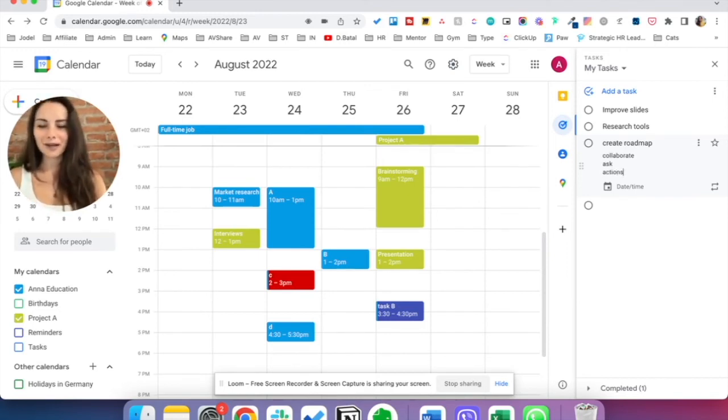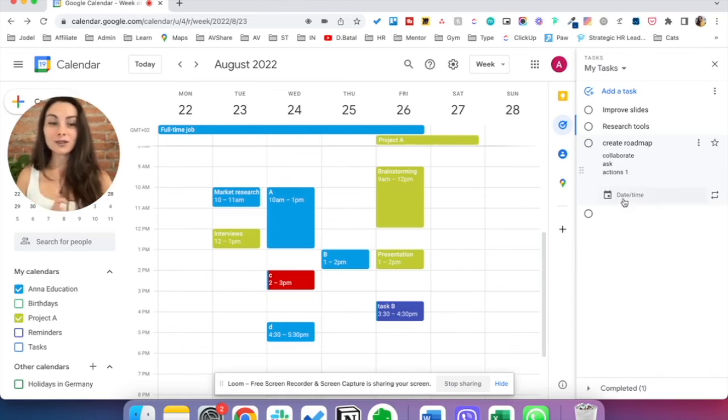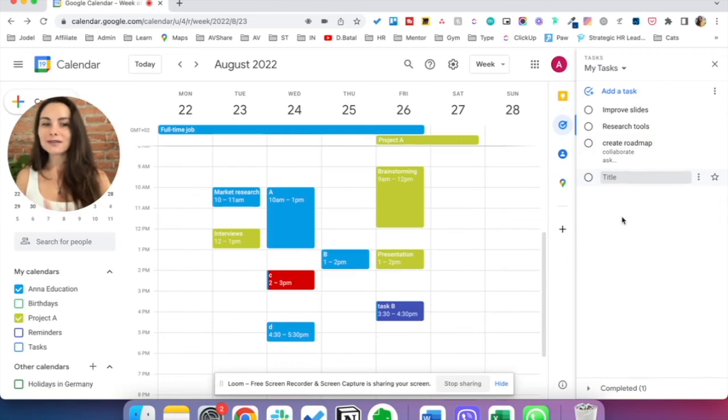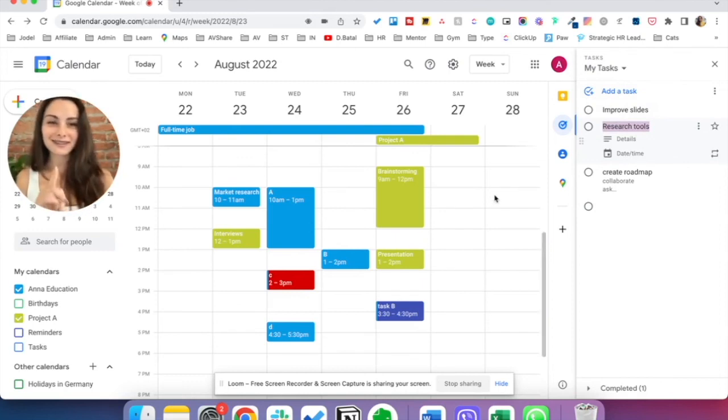Somehow my creativity is not working today. I cannot come up with specific tasks for this, but basically you can add whatever, and then you can even add day and time here. But if you don't know, you just keep it here. If you don't know when you are going to work on it, you just keep it here. Whenever you can work on it, you can just copy paste. Unfortunately, it's not possible to drag and drop the tasks on your calendar. I hope that they will still develop this feature, which will be then amazing.